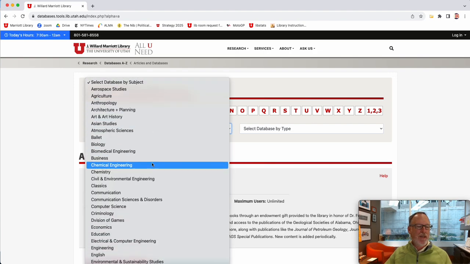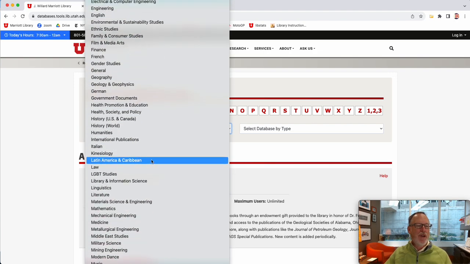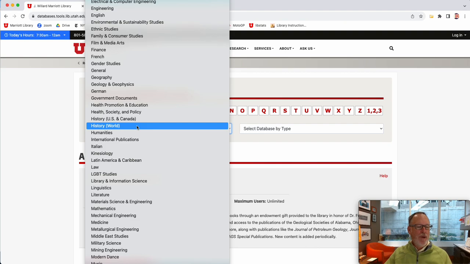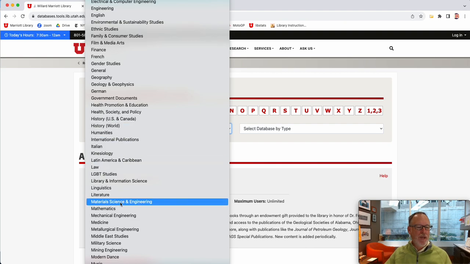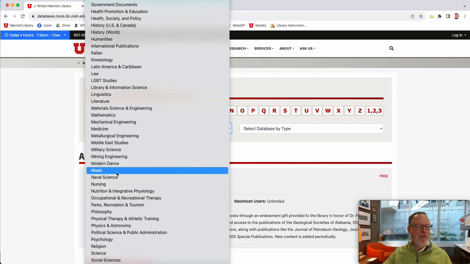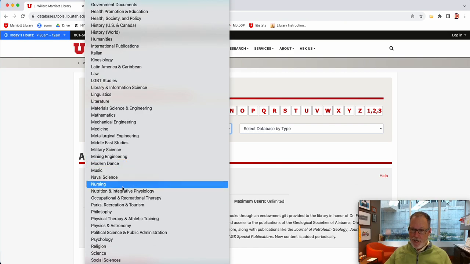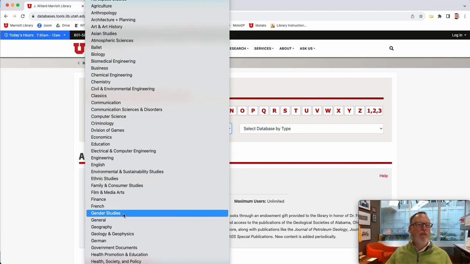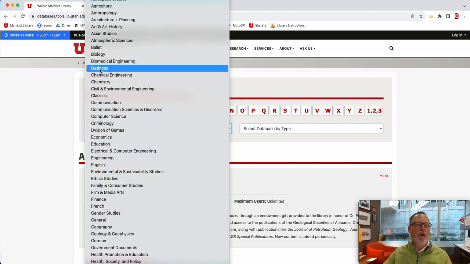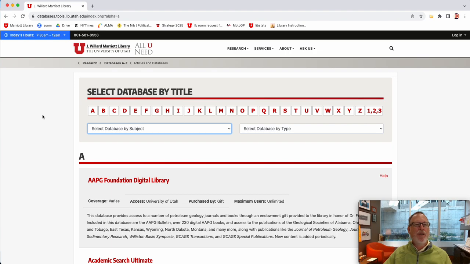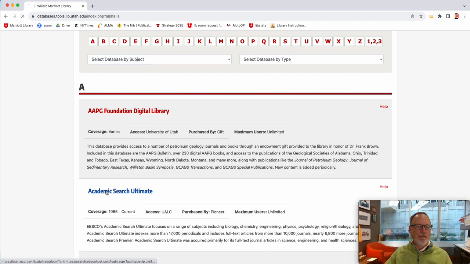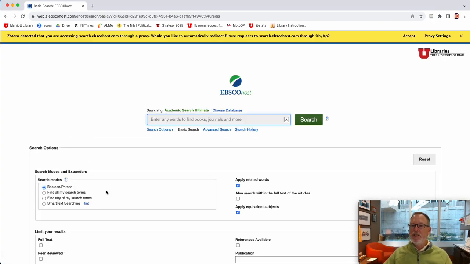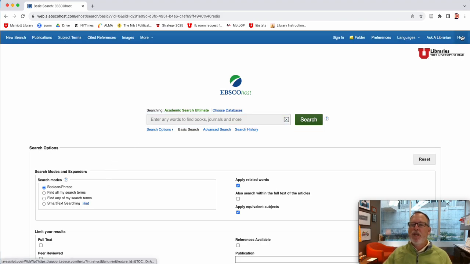You can go by subject. So if you're interested in the history of electric cars, or the literature or materials science, or how they're perceived in the Middle East, et cetera. You can go in by all these different disciplines. Business is probably a big one because they're probably negotiating how do we do this, or environmental, et cetera. When you go into a database, you have to be logged into campus because this is like a Netflix, Hulu, Disney Plus sort of thing. So if you're not on campus, you might have to log into something.